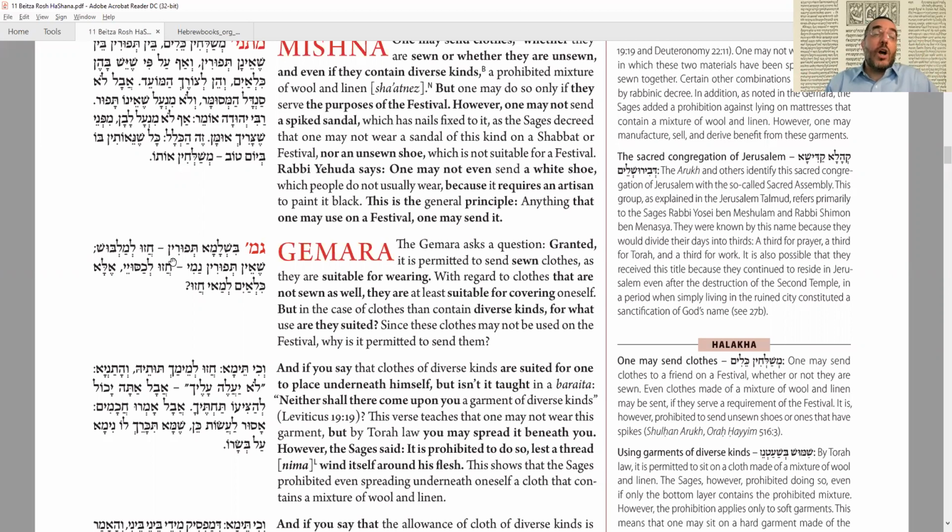We understand regarding clothing that's sewn, right? You send me a nice robe. Great, I'll wear it today. Chazul malbush. Even if it's as raw material, I could use it as a blanket, as a covering. I could use it as a tablecloth, as a napkin, a handkerchief, whatever. So that's fine. But